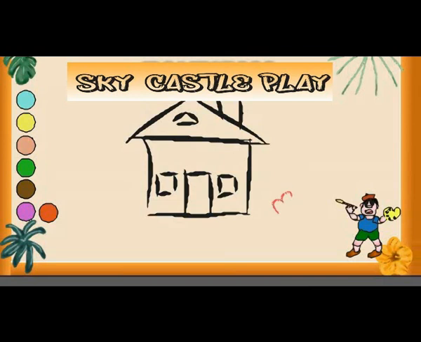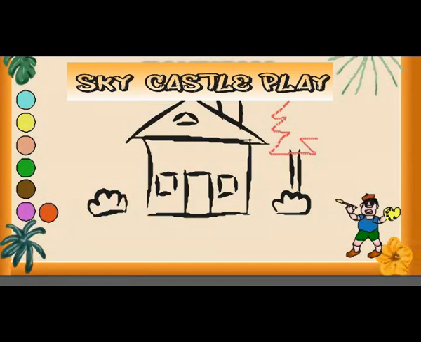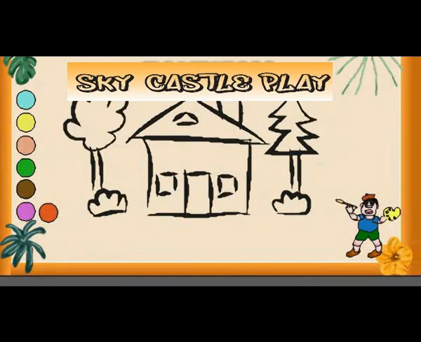and to complete the drawing, we draw grass here, and here another grass, and we draw a tree in here, another one, this one, another tree, okay, and now